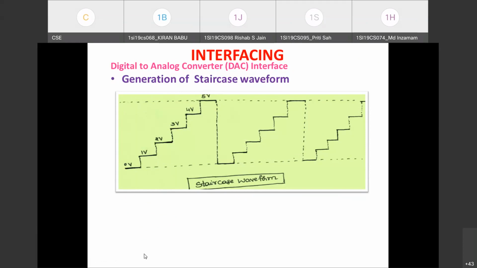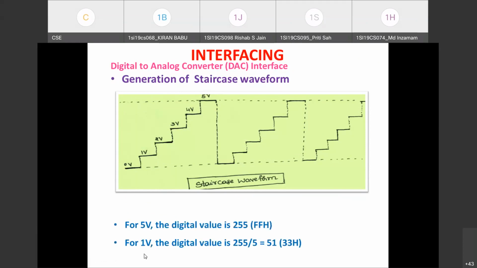So you should know what digital value 1 volt corresponds to. Just see here, 5 volts corresponds to the digital value 255. So 1 volt analog value corresponds to 255 by 5. It is 51 in decimal, 33H in hexadecimal. Okay, so if you send out 51 decimal to the DAC interface, it is going to generate 1 volt. So remember these values. 0 volt corresponds to 0 decimal value, and 5 volt corresponds to 255, the decimal value, and 1 volt